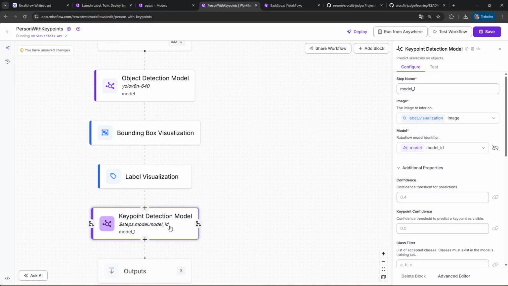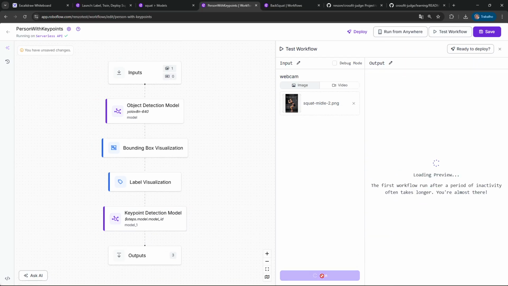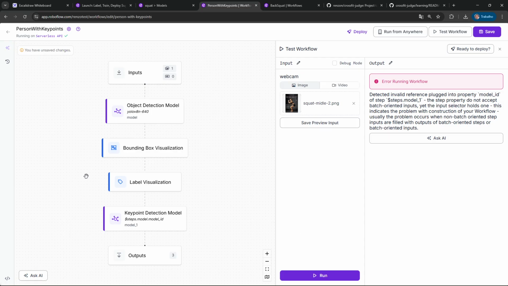And I don't know why it was created on this side. I didn't want that at the beginning, and it's not going to work. Let's see if it's not going to work again, as the first time that I was trying in training for this presentation. Okay, because the output of label visualization is not valid for the key point detection.